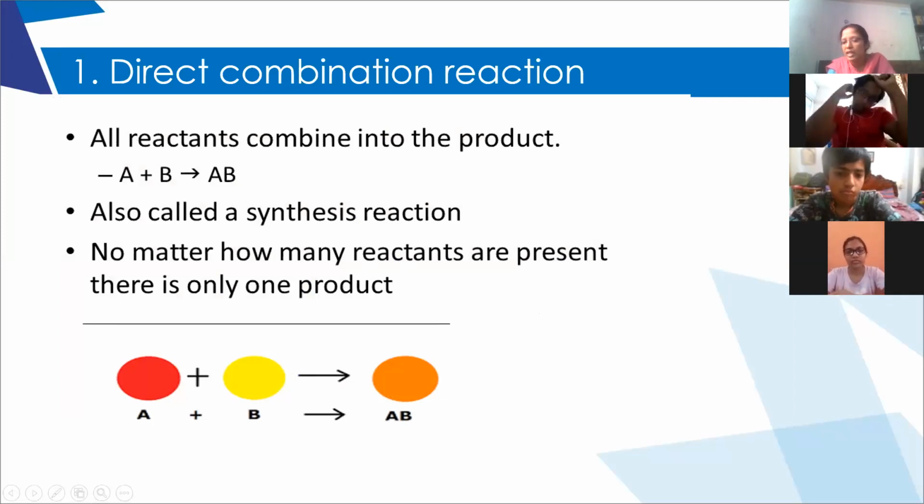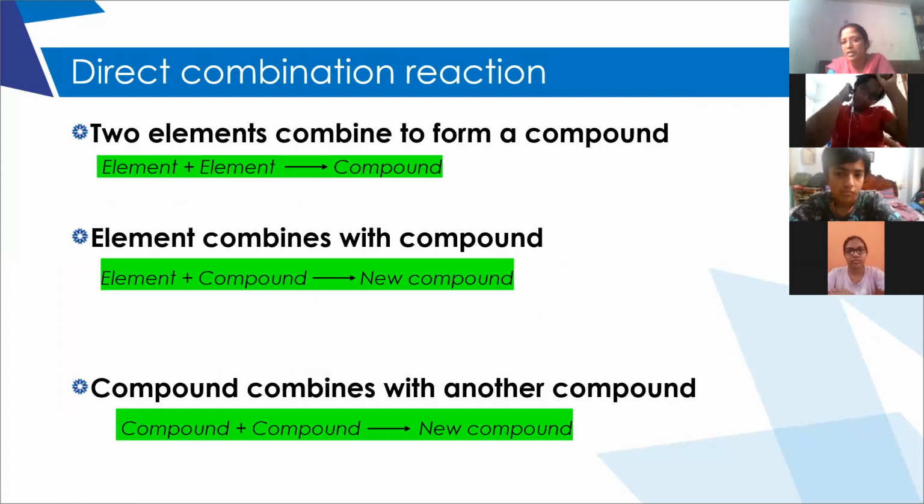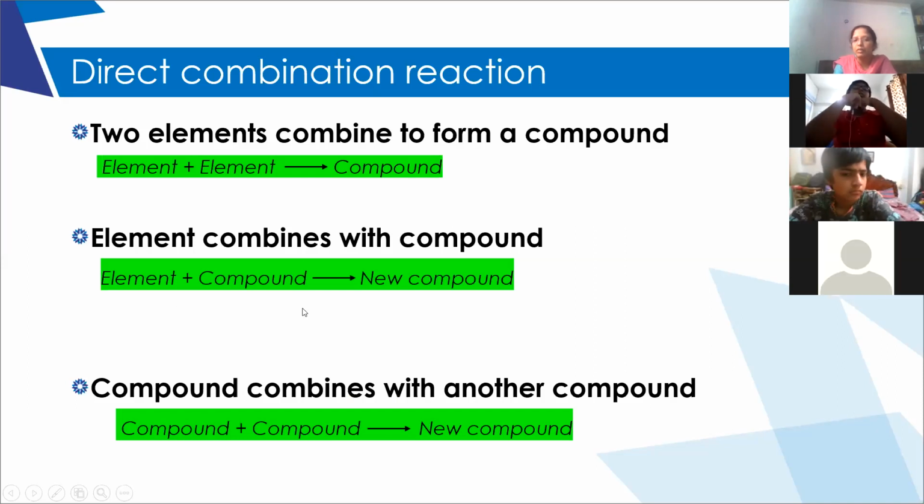And we have discussed many examples of which types of reactions will be direct combination reactions. Example, 2 elements combine to form a single compound. As you all have mentioned some examples, right? Hydrogen and oxygen combine to form water molecule. Carbon and oxygen combine to form carbon dioxide. So 2 elements combine to form a single compound. Whereas an element combines with a compound to form a new compound. The examples we have discussed,